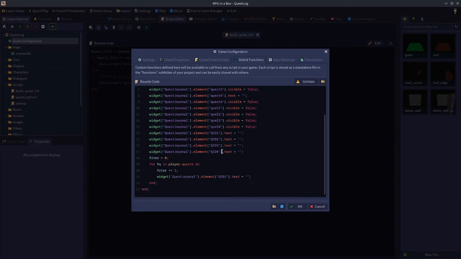We now want to update the main quest button, but we want to use the iterator, so we're using a placeholder expression. So we're not typing a specific number, so we're not doing quest 1, quest 4. We're using whichever one we're on. So this is quest 1, this will be the top button, quest 1. Okay, and we're going to set the text to equal